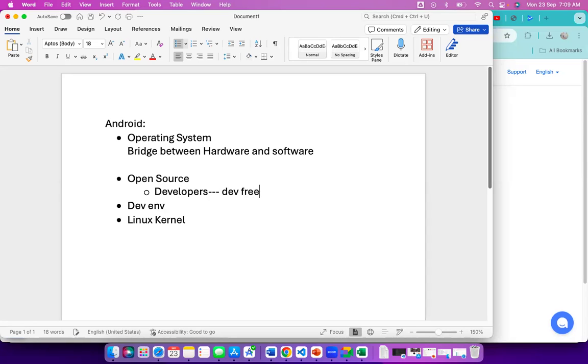So the development environment we are getting for free. No need to pay anything for the development environment. Also, we will get major support, like here. See, this is the